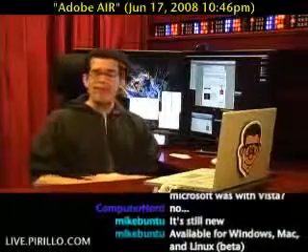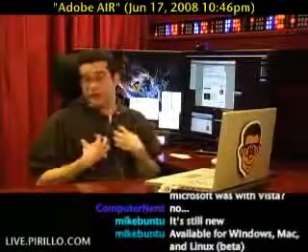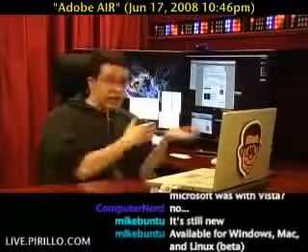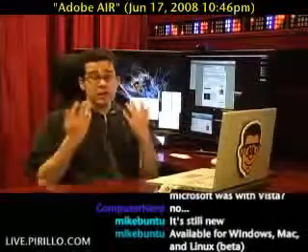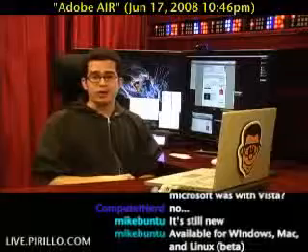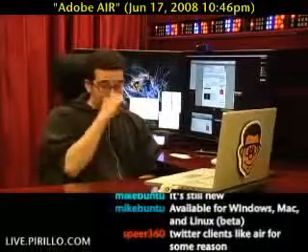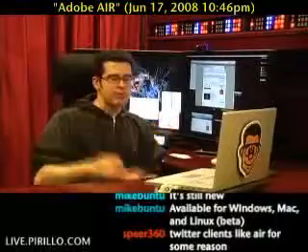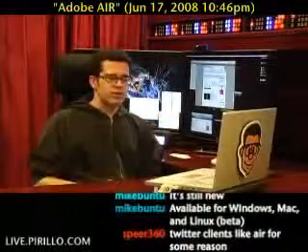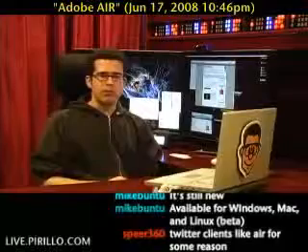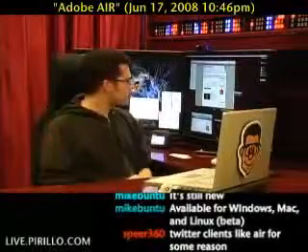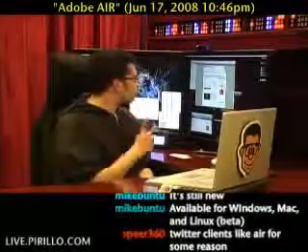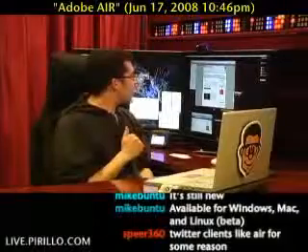So I found about 5 or 6 what I believe are decent Air apps that I don't mind having on my computer, and that you may not mind having on your computer as well. So I'm just going to run you through them. I'll read the links, but of course, if you want to click any link, you can search the web, or I'll have them all linked on this corresponding blog post that'll go with this video on my blog at chris.pirillo.com. The first 2 apps are at